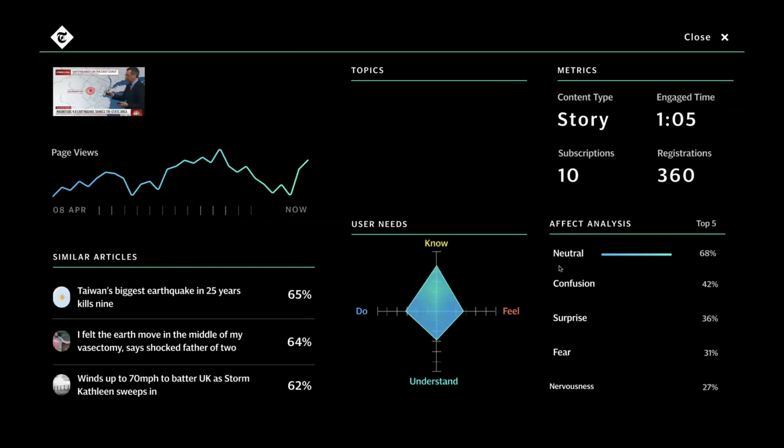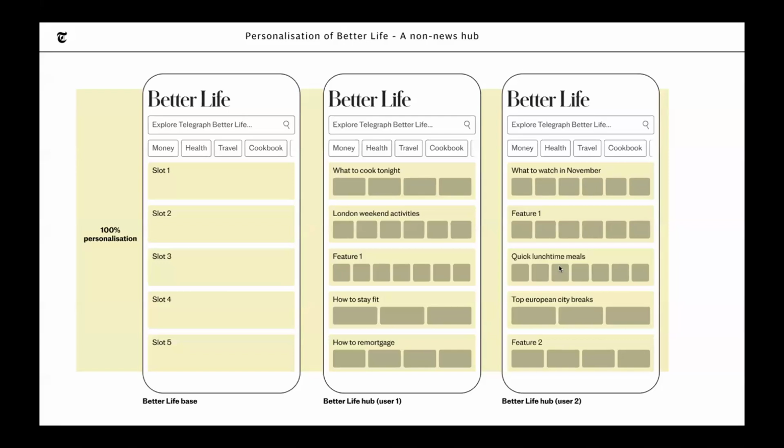And then this is a view of a particular article. So I've clicked through on an article to find out more information about how it's performing, but it's a deconstruction. As you can see, the effect analysis is in there, as well as the content type and the user needs. So from a journalist or newsroom point of view, we could harness this data. And then looking at the type of approach we would take for recommendations with all of this information,